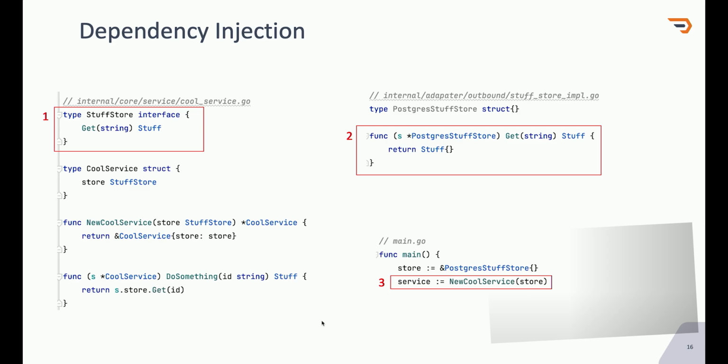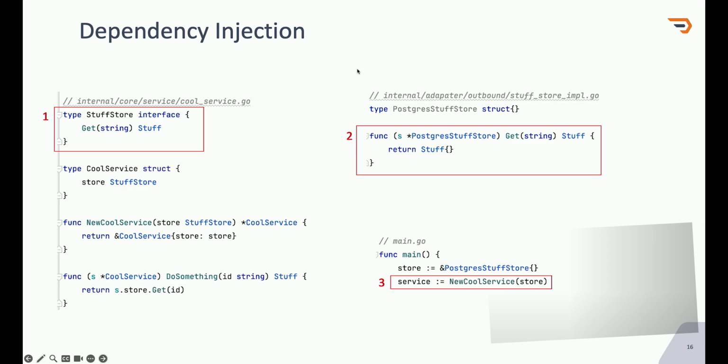Dependency injection is really about saying, all right, I've got a service and it needs to talk to something, it needs to do something, but it doesn't know how to. Make sense? I see some nodding faces. So let's go over this example. We've got our cool service, which I aptly named, and it needs to get stuff, apparently by its string name. Now, it doesn't know how to do it, it just knows that there are people out there that know how to do it. So it'll just define at the service level, I need this thing that does stuff for me,